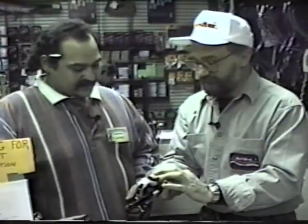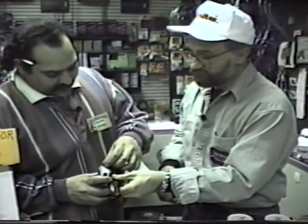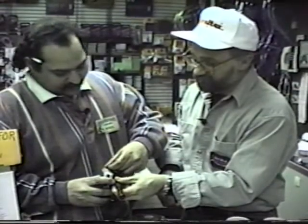We talked a little bit about the magnets that we know used to control the speed of the reel. What's in here now? Nowadays, what we're seeing to be the more